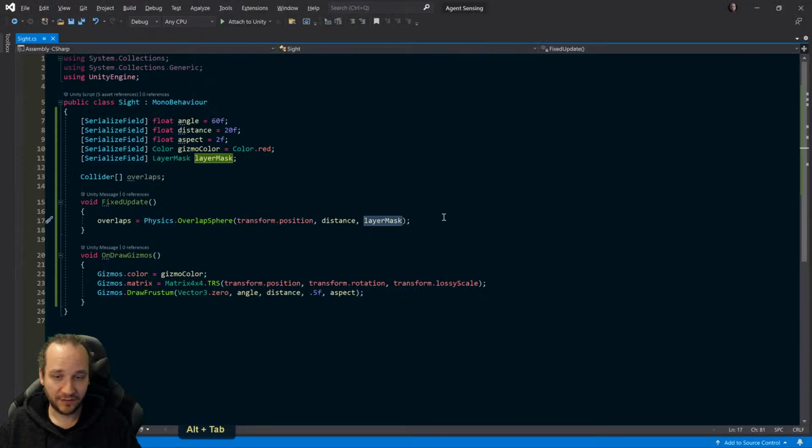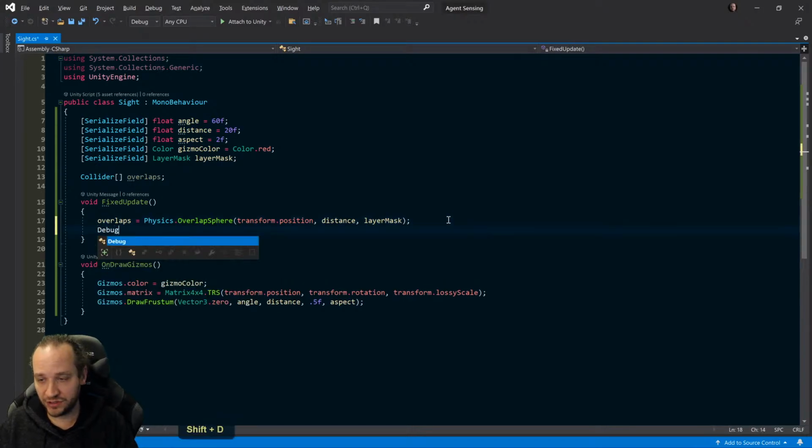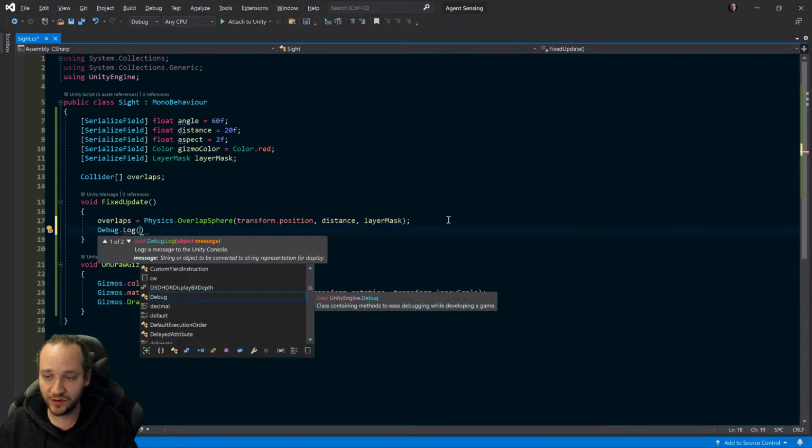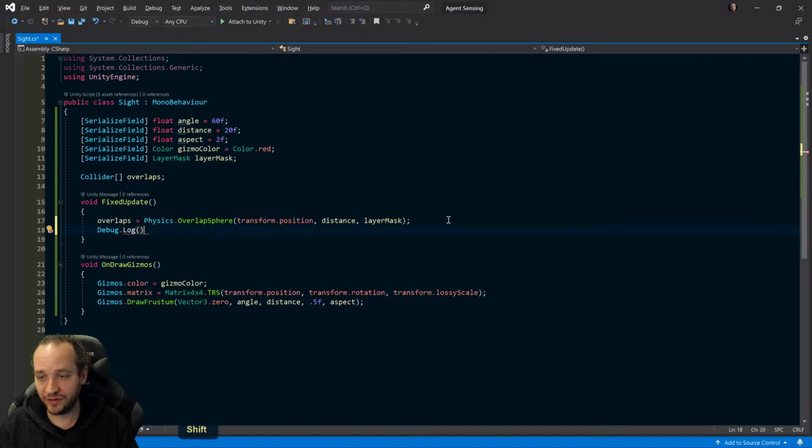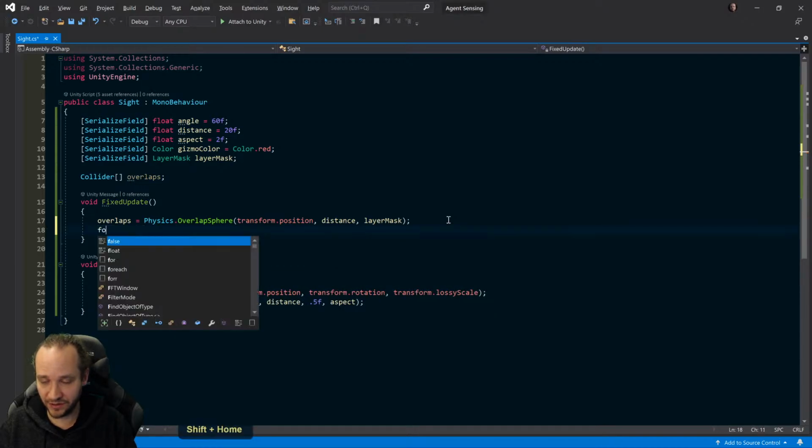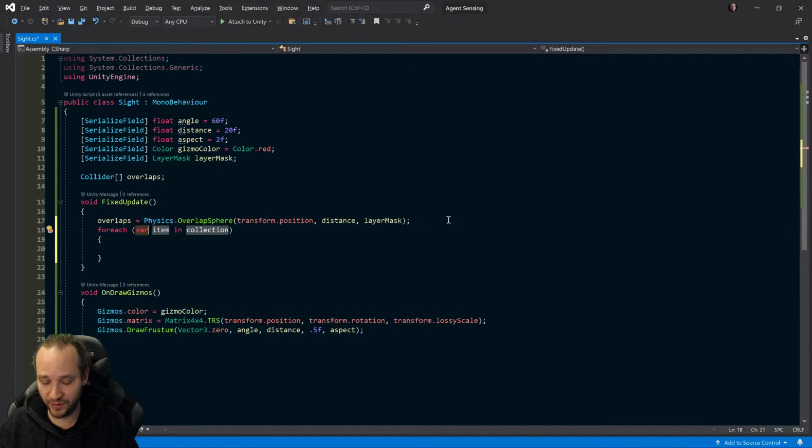Let's see that. Well, how can I check that? I can do a number of different ways, but the quickest one is just to print it onto the console, and I can do that, but not with a collection, of course. So I'm going to make a for each loop, for each collider. I'll just call it collider in overlaps. That's the thing that I just got. For each of those, I'm going to